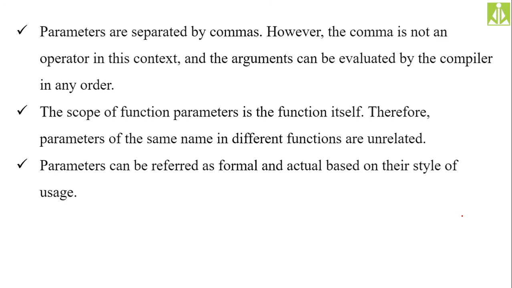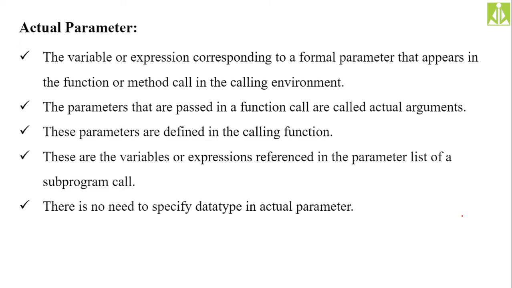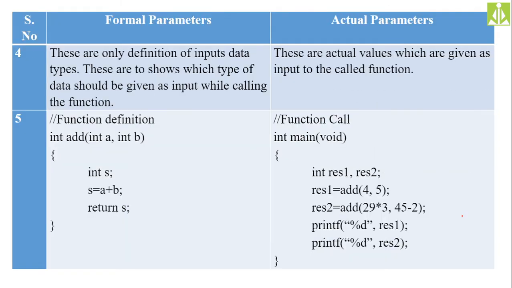Parameters, we have two different types. One is the formal parameters and the other one is actual parameters. And between these two, if they are normal variables, both the formal parameters and actual parameters, if you do any changes to the formal parameters, that is formal variables, those changes will not affect the actual parameters.